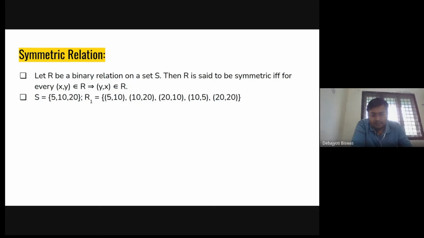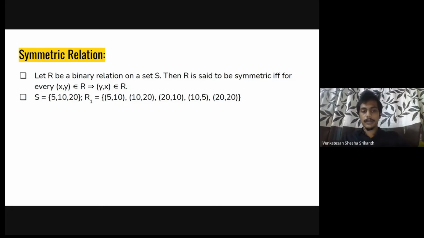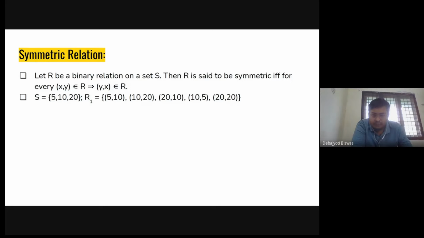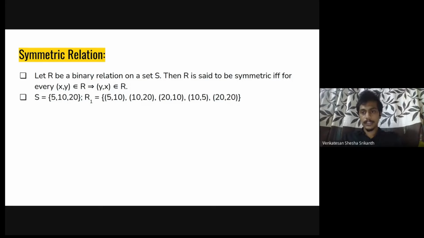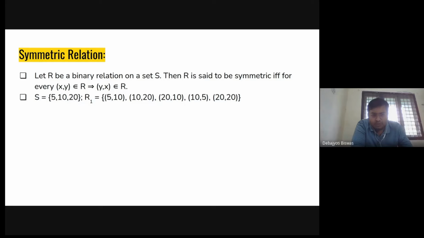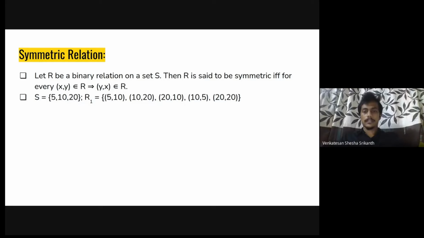So for every element in our R1 which is in the form x comma y, there is a symmetric element y comma x in my R1, which makes R symmetric. But all the combinations of the elements are not required. Good point. There is no need to have all the combinations of the elements taken from the set.